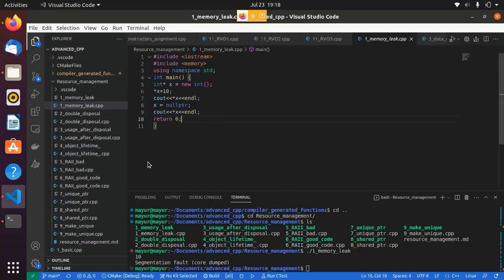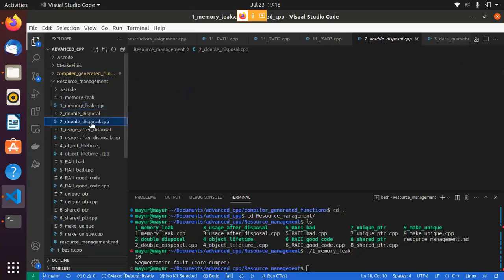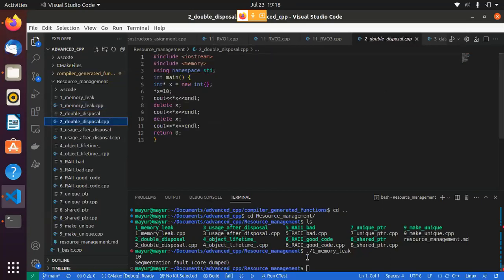In this situation, if we are pointing to some location on the heap, and we suddenly point to the next location, we would lose the handle to this 10 and would not be able to release it, and that's considered memory leakage. Second is double disposal. So if I just,